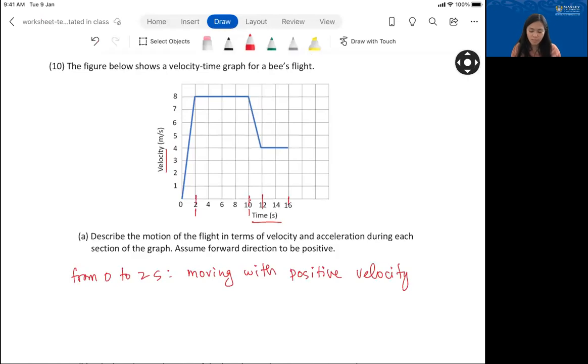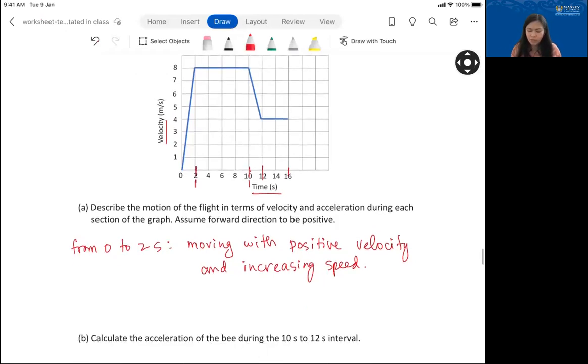Meaning positive direction and increasing speed. Yeah, right. Increasing speed because at one point it's moving at 1 meter per second, and then 2 meters per second, 3 meters per second, and so on, right? So it's moving with increasing speed, but the interval for the speed is constant. That means that the acceleration here will be a constant positive